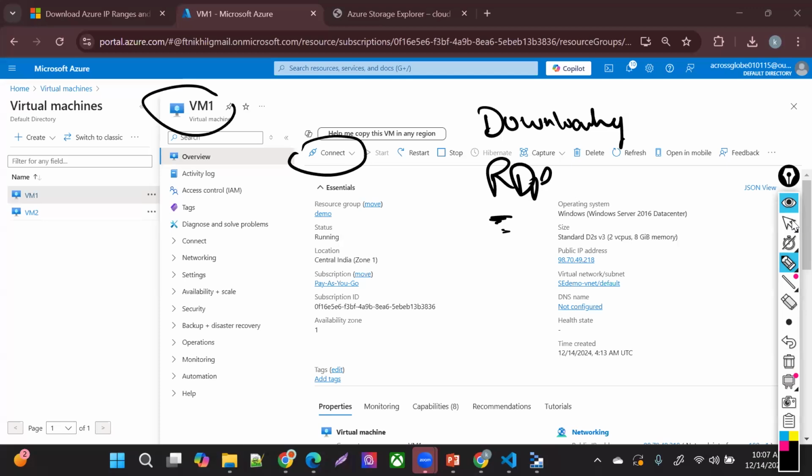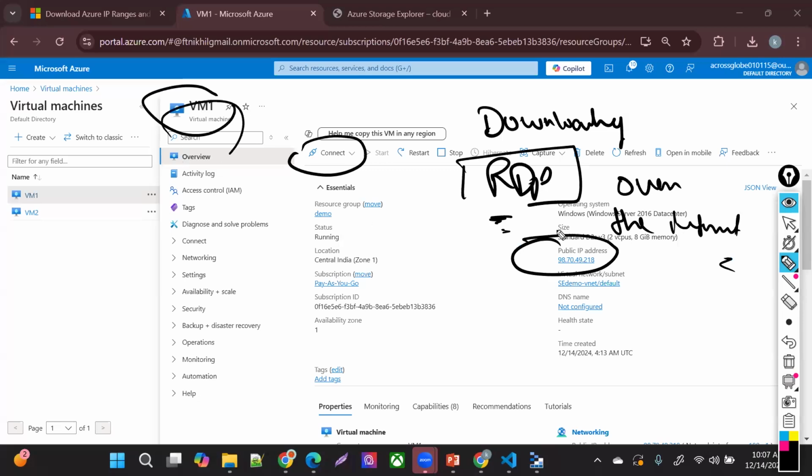But what is this RDP file download doing? You're connecting to your VM over the internet, over the public internet, correct? Because from this public IP, I am making my RDP connection.